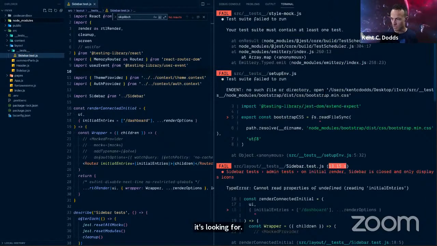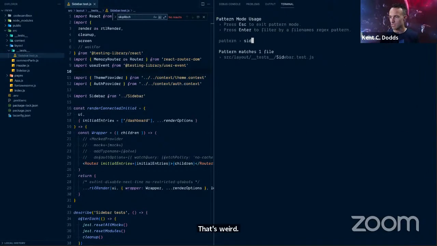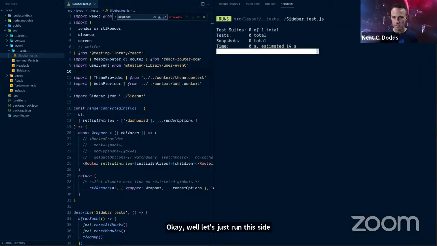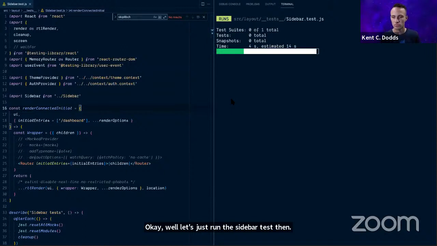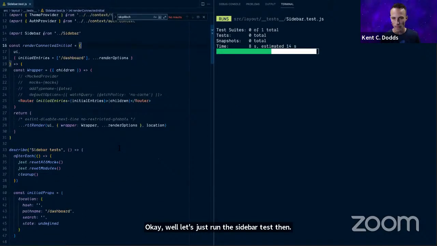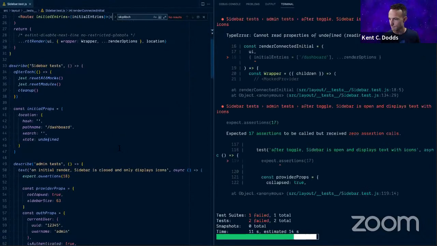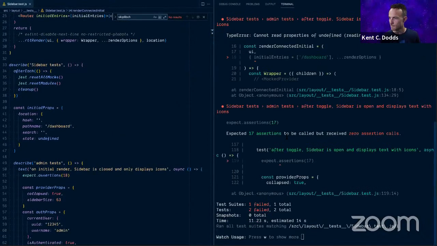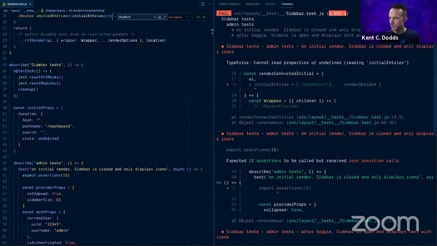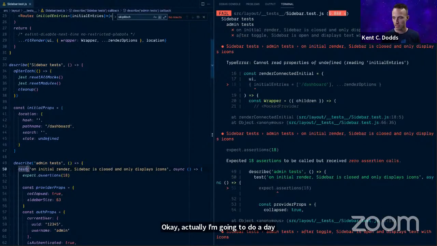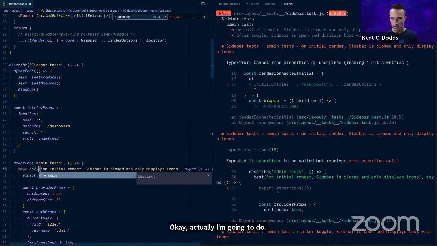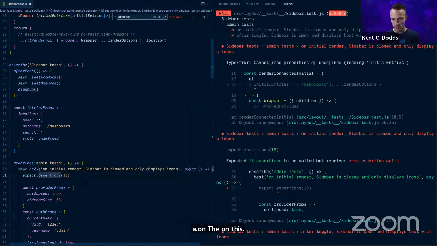Okay, well, let's just run the sidebar test then. Okay, and actually I'm gonna do a dot only on this. And we'll just get rid of that assertions thing as well.